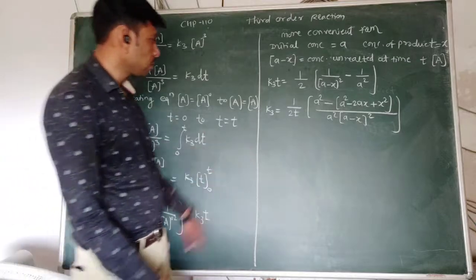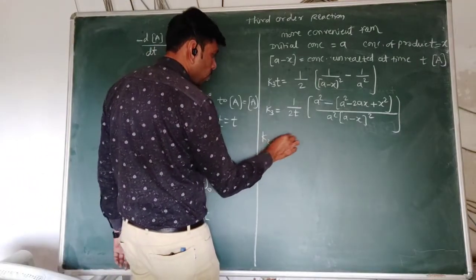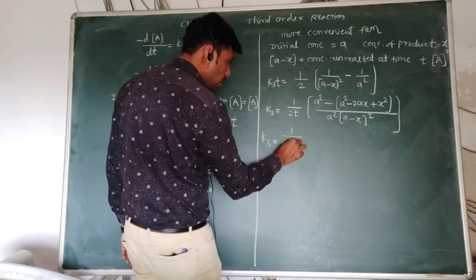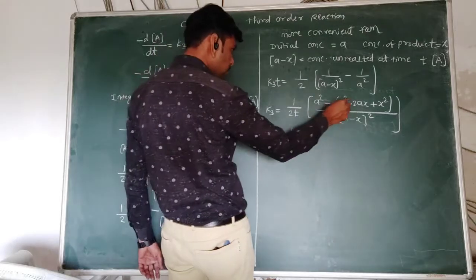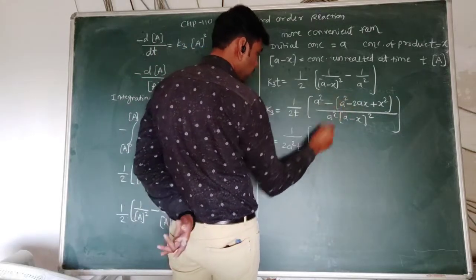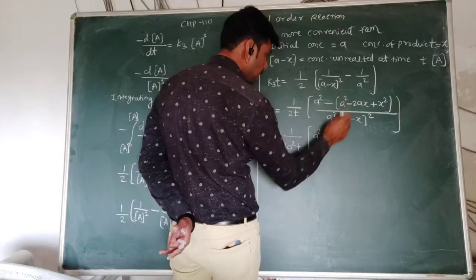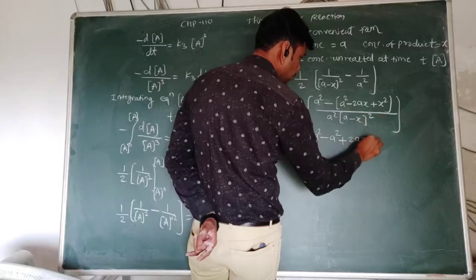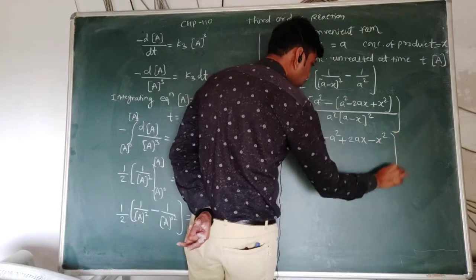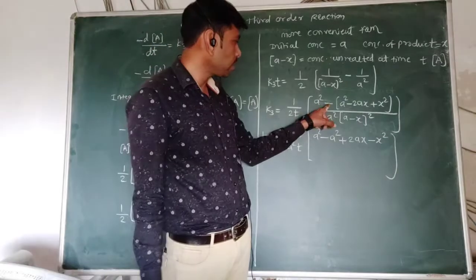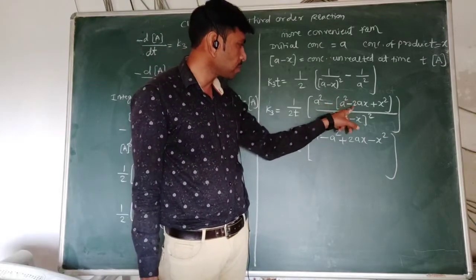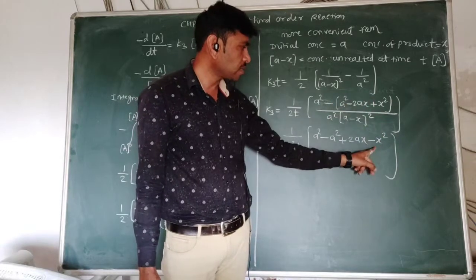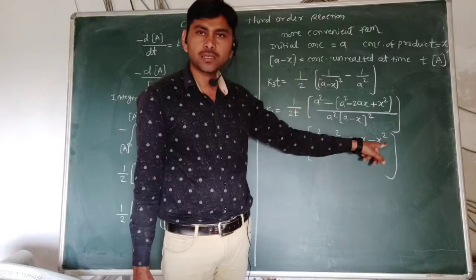By simplifying, taking 1 upon A square out of the bracket, we get 1 upon 2 A square t. Now opening the bracket: A square minus A square plus twice ax minus x square,